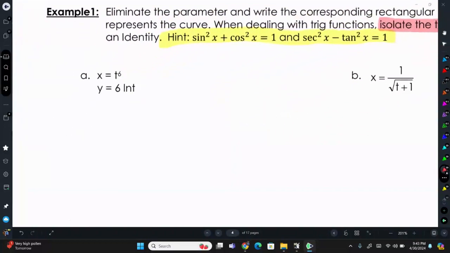So example 1a, we have x equals t to the 6th power and y equals 6 ln of t. Well, we can't get t by itself in the top equation, because if we take the 6th root, we're going to have plus and minus because it's an even root, and again, that just makes things more complicated. So instead, we will work with the